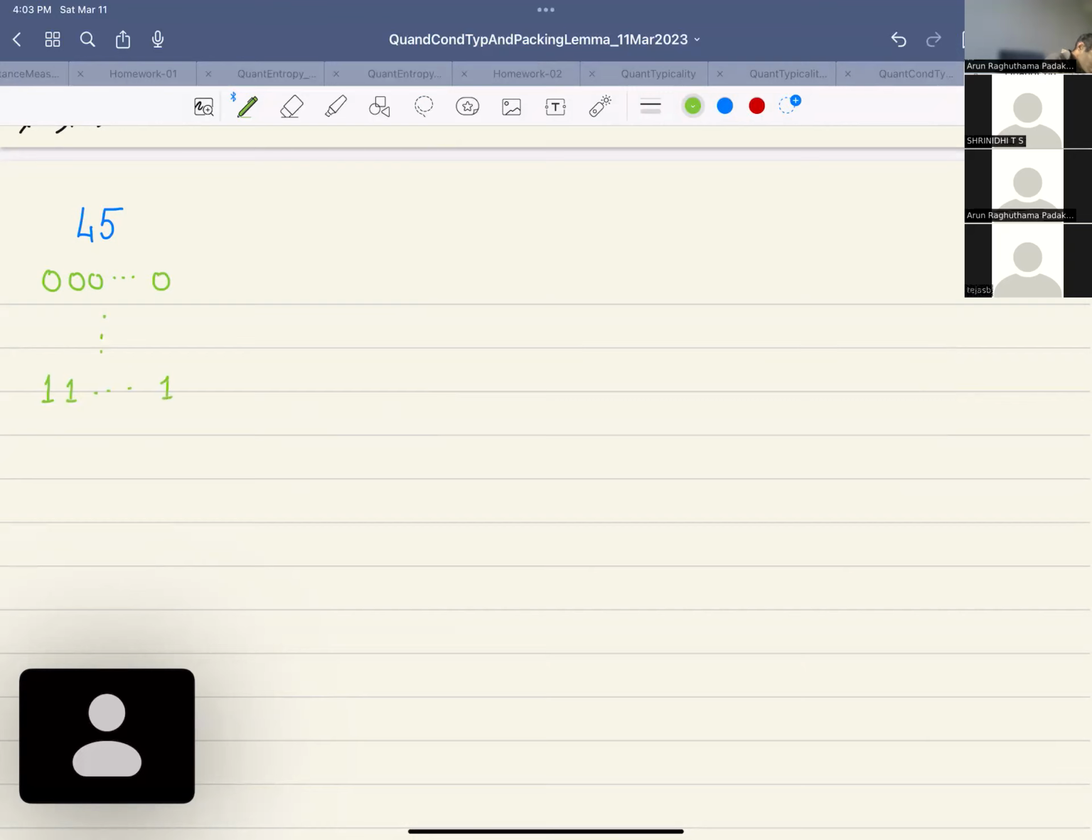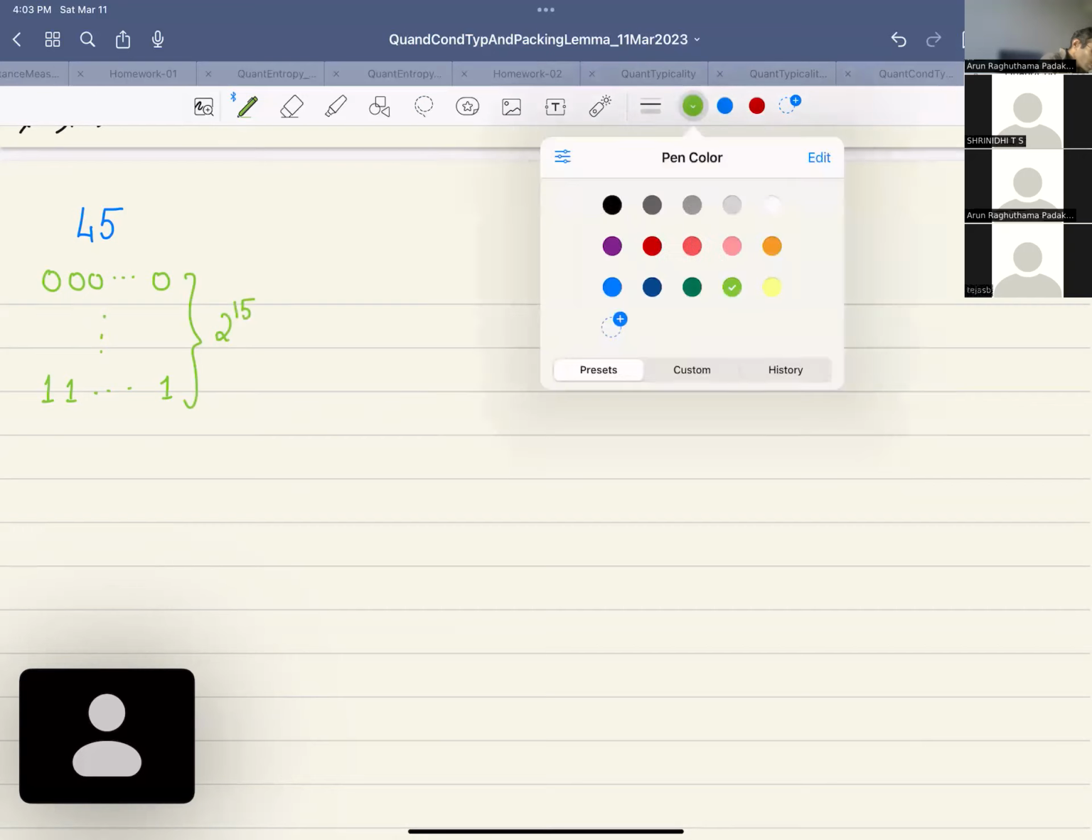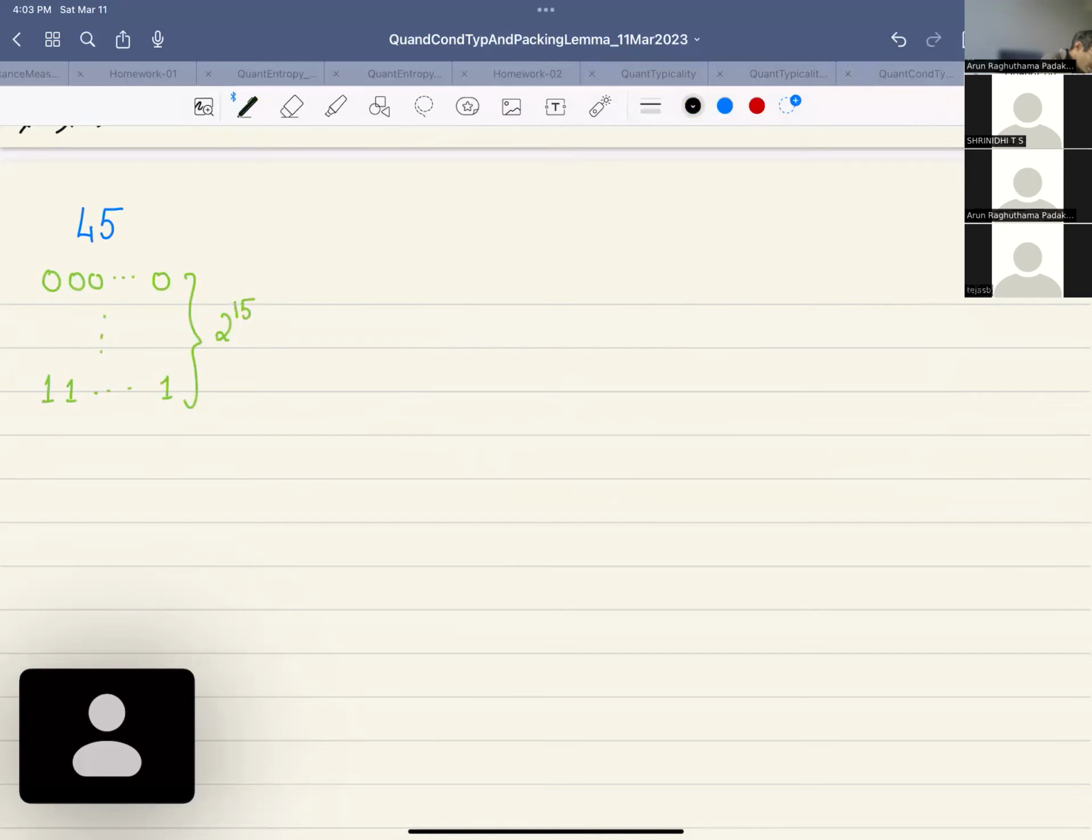Every 3 seconds you're getting 1 bit, so you end up getting 15 bits, and those 15 bits could be any one of these 2 power 15 combinations. What are all the states she could have prepared? Well, she could have prepared any one of the following states. Remember, it's 45 seconds, so this is of length 45. She could have prepared any one of these